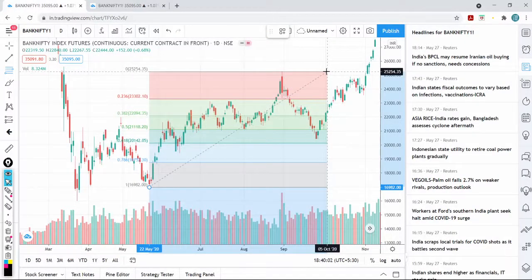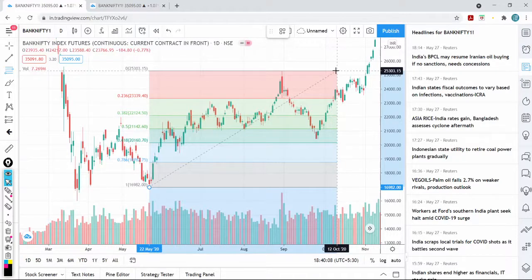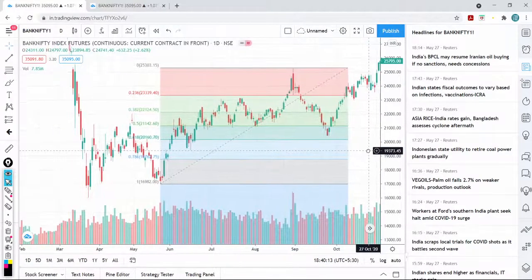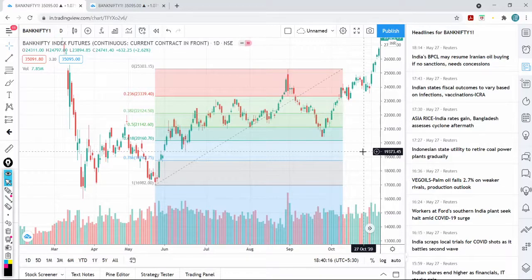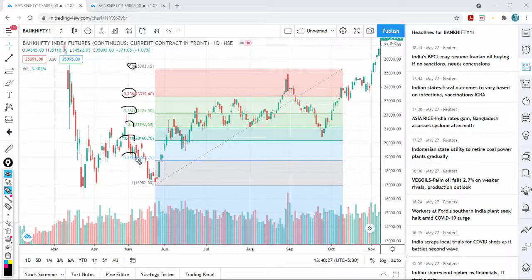See, I am dragging here. The black color line is the top zero line. I am dragging this level here and clicking it again. Now can you see this? Fibonacci is marked now. The different points which I told: 0, 0.236, 0.38, 0.5, 0.618, 0.786 and 1. In this, what are all the important levels I mentioned? 0.236, 0.5 and 0.618.